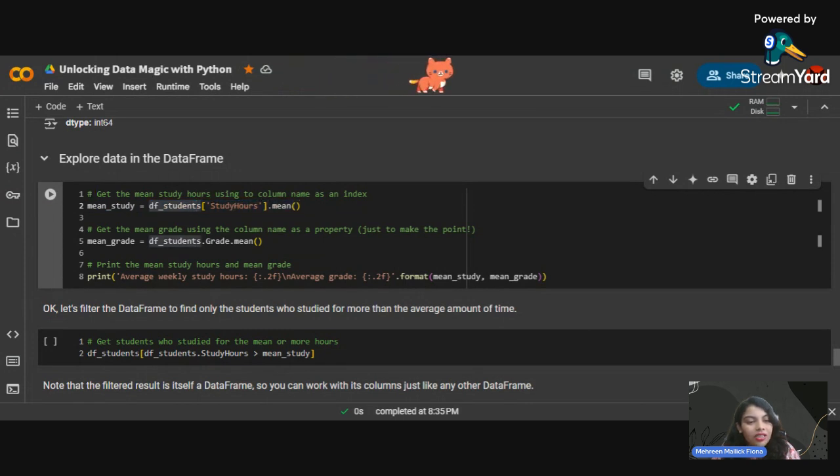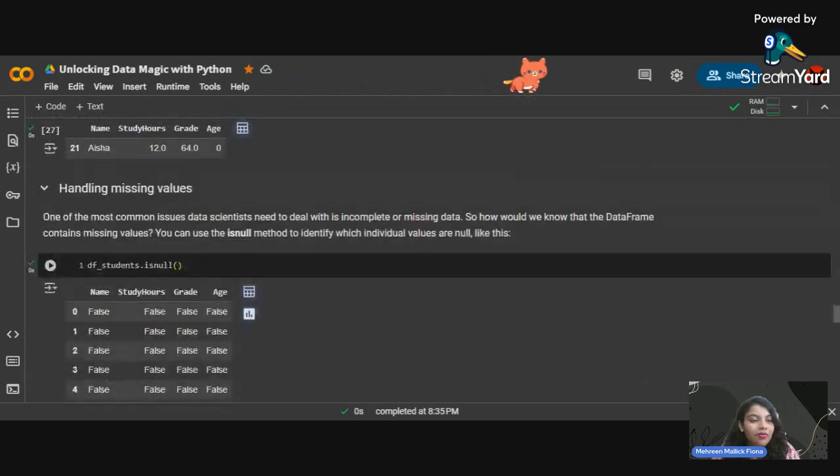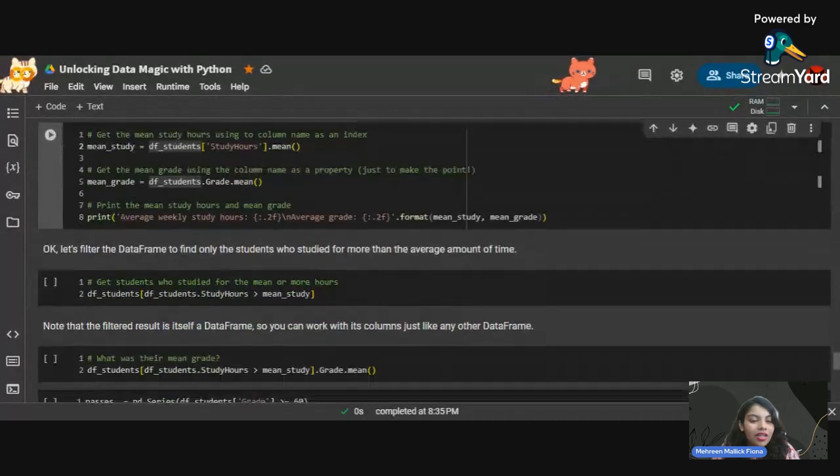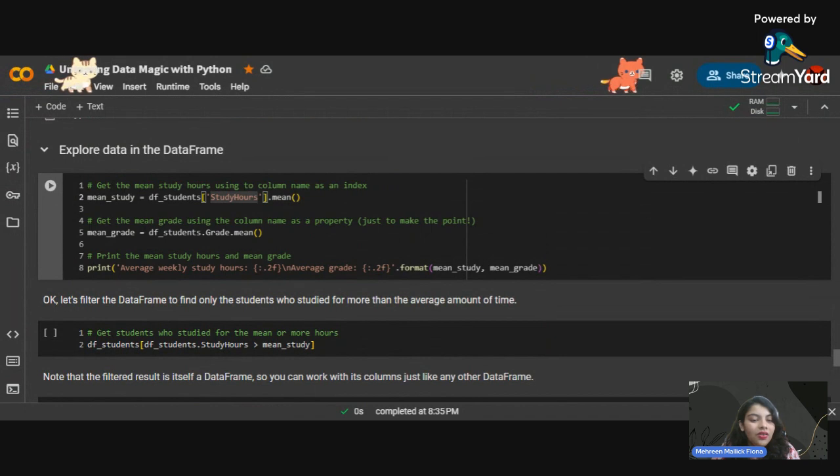I'm calling df_students, the data frame that I assigned before, and passing its column study hours, and I want to know the mean value of it. Let's see another mean here, which we are doing for the grade.